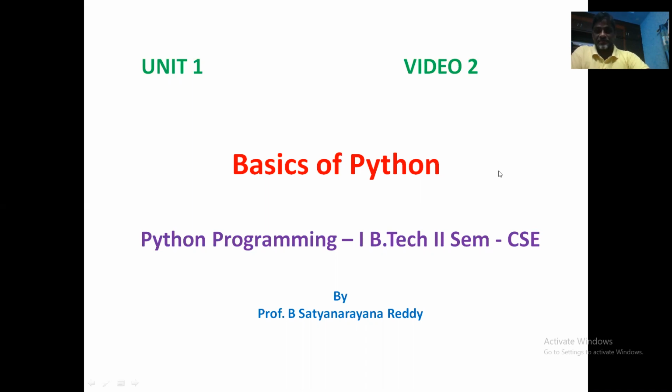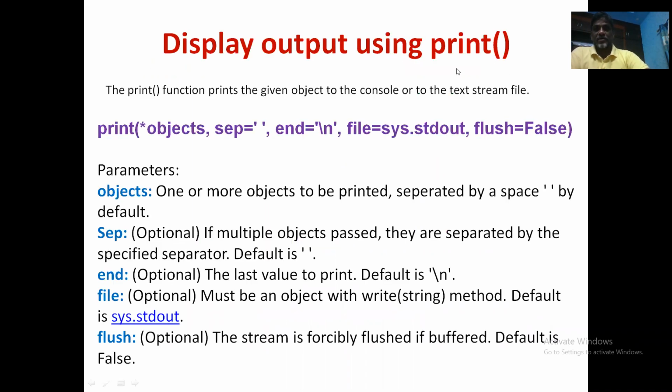So let us start with the first topic: how to display messages onto the screen. So this is our first topic. In C language, we know that to print something onto the screen, the monitor, we use the function printf. Whereas in Python, the function that we use for displaying output onto the screen is the print function. Okay, so there is no f here. Print function we will use, and the syntax of print function is like this: print of a list of objects,